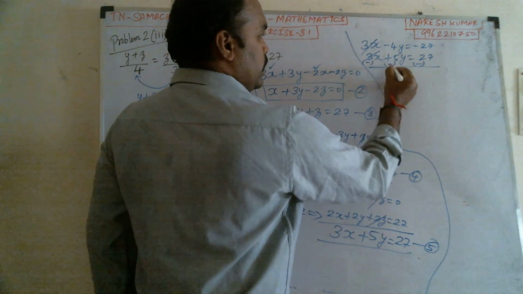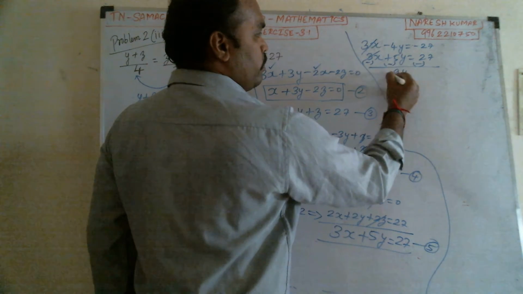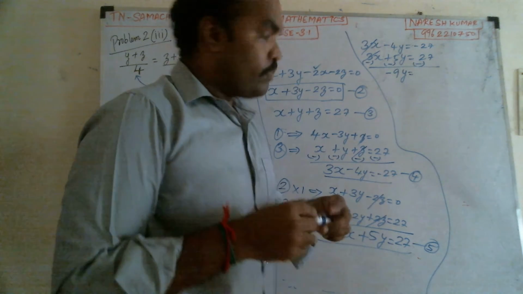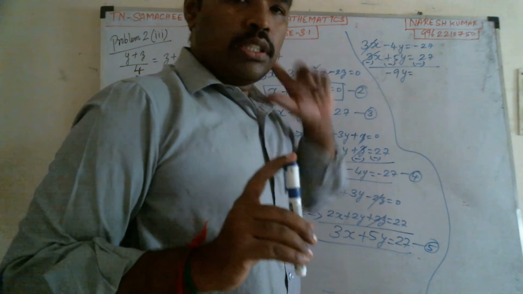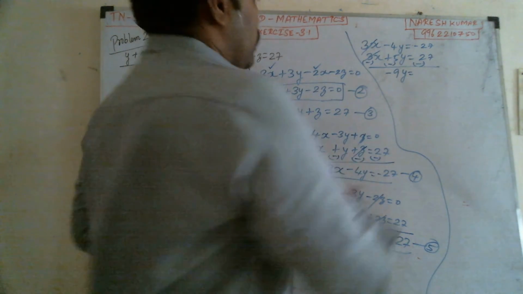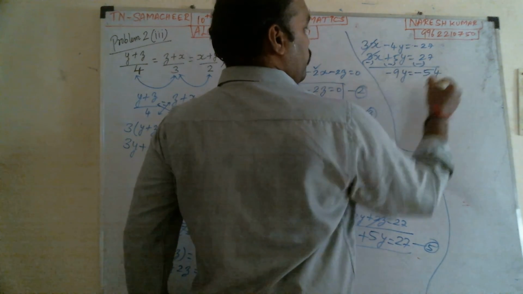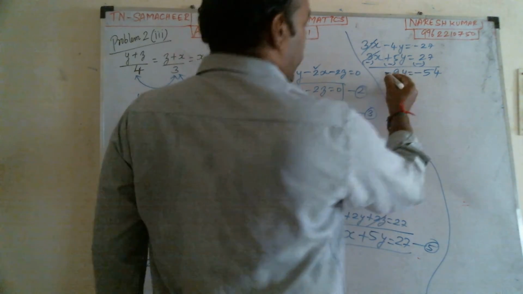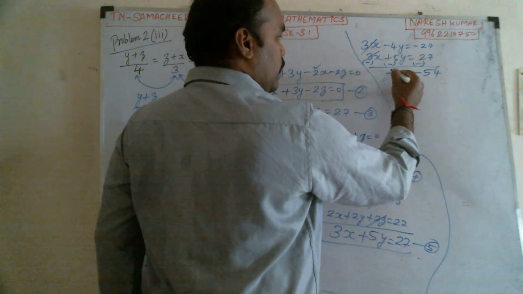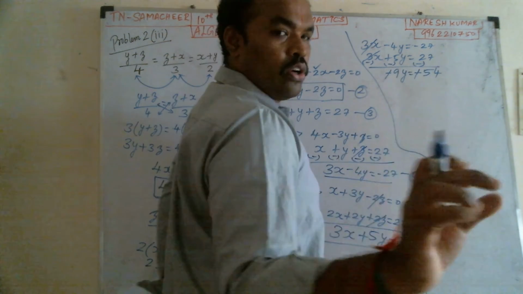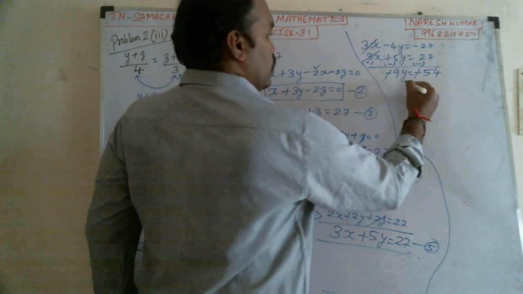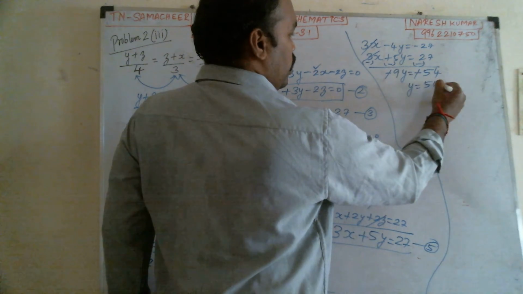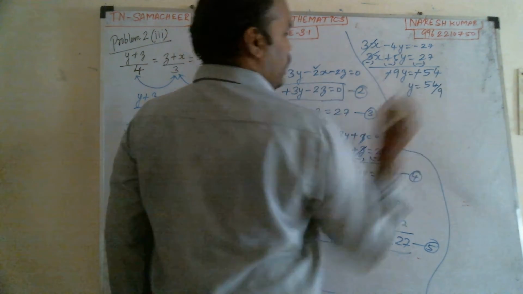The sign of the larger number is what sign? Minus. Then next, here minus 27, here minus 27 is there. So minus into minus is how much? Plus. So 54, 27 plus 27 is 54. Then on both sides the equal sign is there, minus, minus, so it will get cancelled. So now how are we going to find out the y value? y equal to 54 divided by 9.